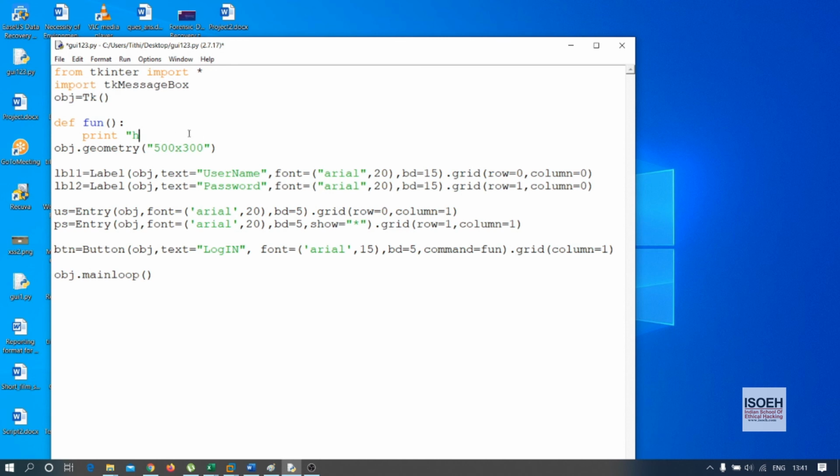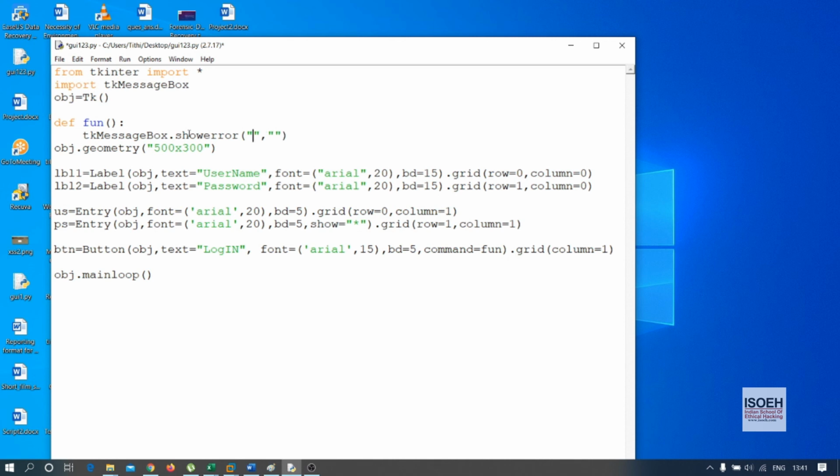Instead of printing hello, I can do one thing. tkinter messagebox dot. There are basically two options: showerror and showinfo. So I'm using the showerror one. It has two parts. The first part is for the header and the second part is for the body.